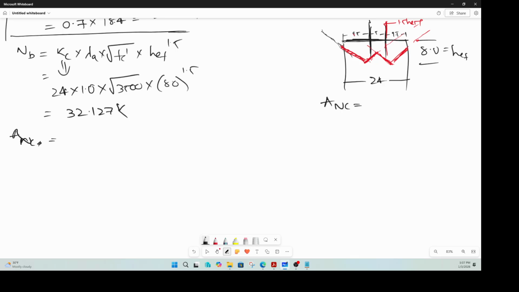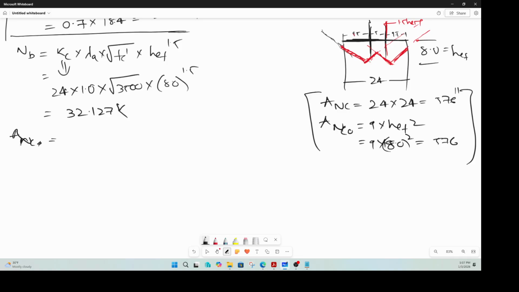Because you're talking about this entire width, and same thing in the other direction. So 24 by 24 is your inch square. That means 576 inch square is your Anc. Okay. Now Anco, Anc with no constraints, is 9 times hef square. That's what we saw. Sorry, 9 times hef, which is 8.0 squared, which is also 576. Okay,